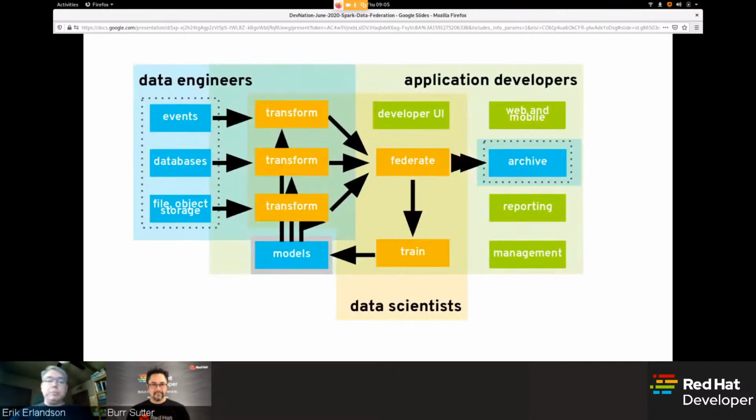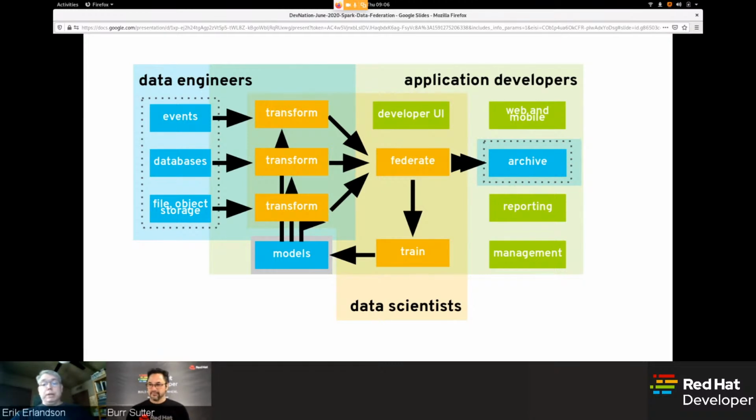We can take a third perspective on all of this in the form of personas. So if you look at the process of doing DevOps for applications enabled with machine learning, you have data engineers who are assembling data and operating transforms to compute features on them, like we saw a couple slides ago.